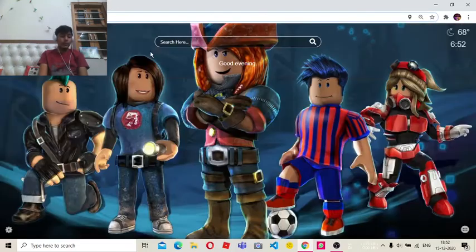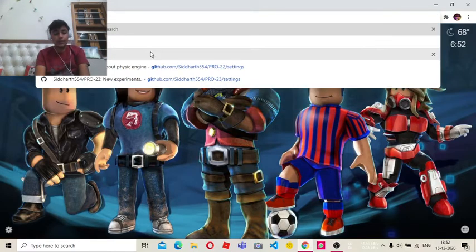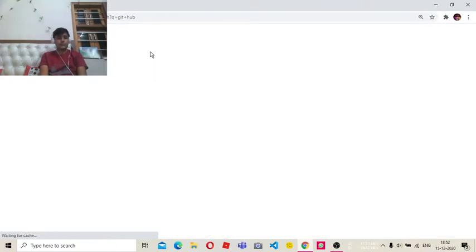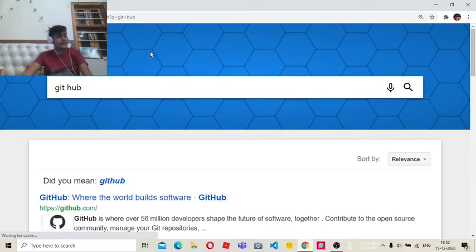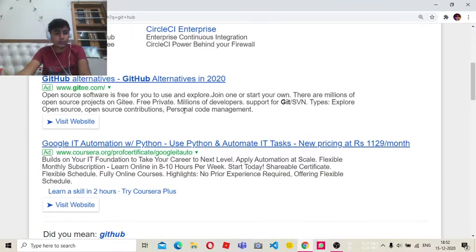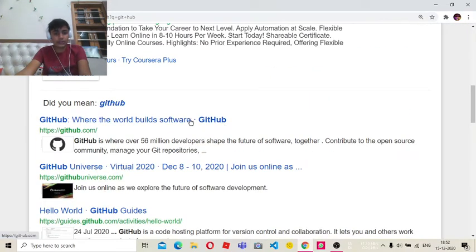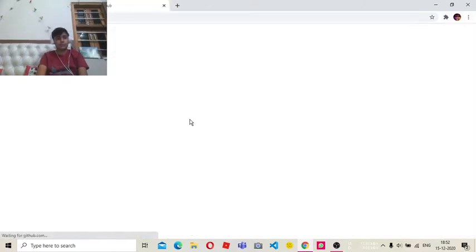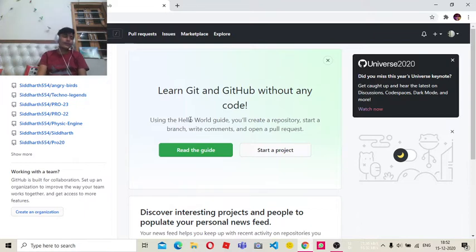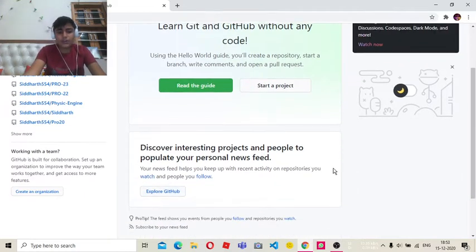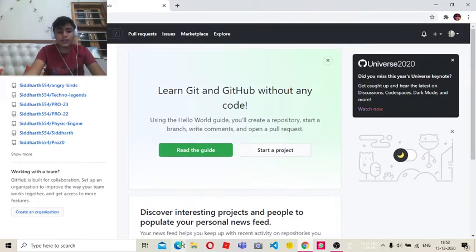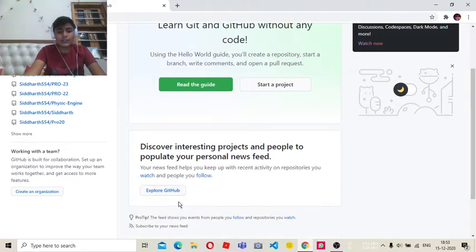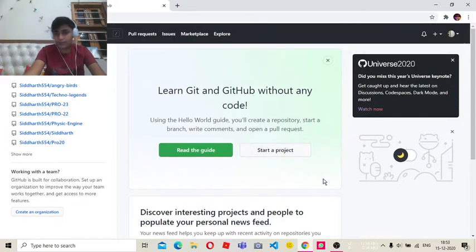So guys, here first of all, we are going to type GitHub directly. After typing this, we are going to go through this process and here I have to search this link. This link can be in any other position on your Chrome or your browser. So you can use any browser for this. You can also use Microsoft Edge. So I am also going to tell how to do this with Microsoft Edge.